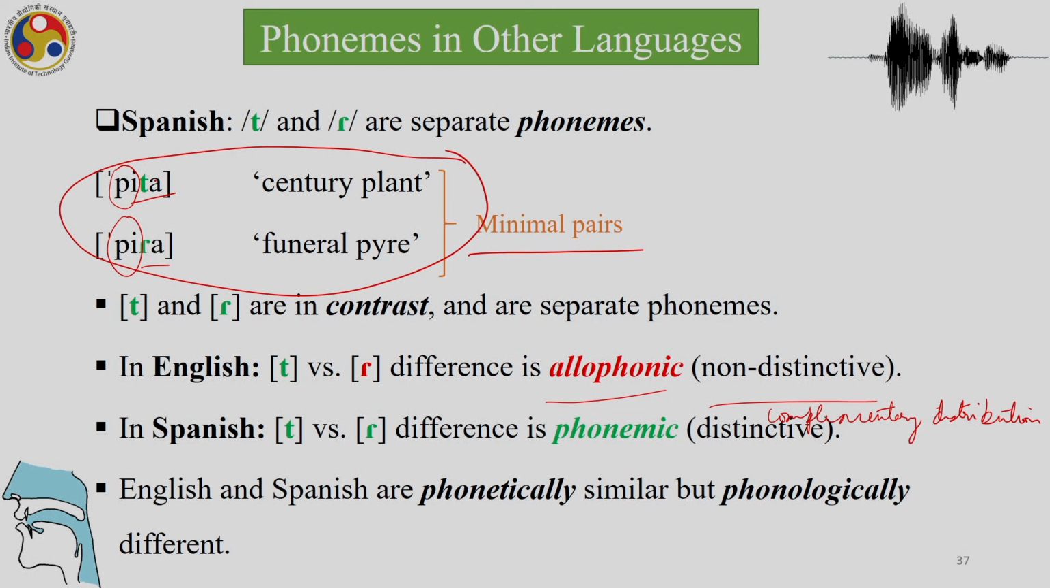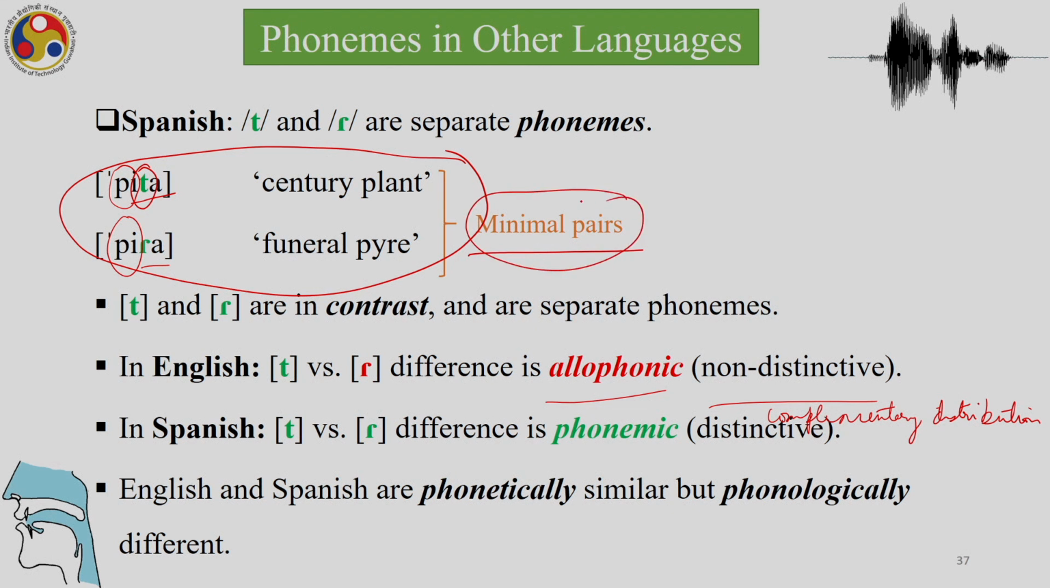In exactly the same environment, the t and the flap are occurring, whereas in English that is not happening. In English, this t would not have occurred. It would have been the same word because the context determines that in this position there will be the flap t. As a result, we will not get the minimal pair that we are getting in Spanish